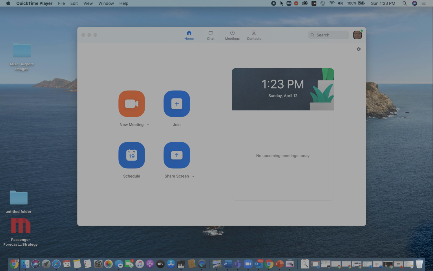A brief overview, not an all-inclusive overview, of many of the things you can do on Zoom in order to take best advantage of it. So the first thing is when you click on the actual item here on a Mac, you can see Zoom